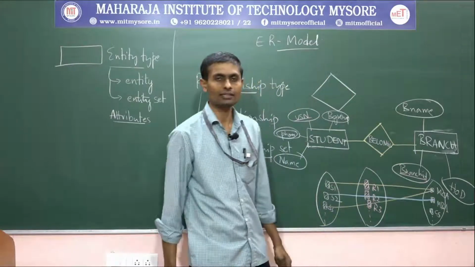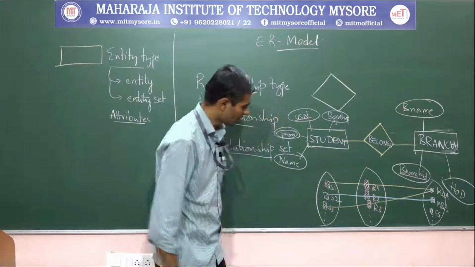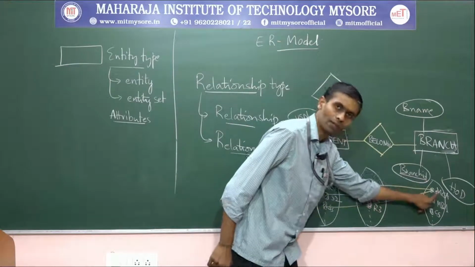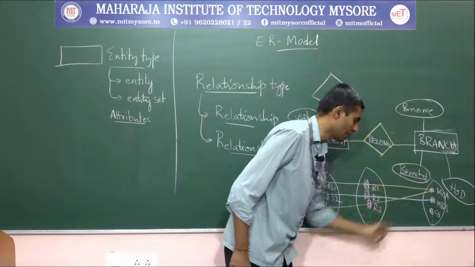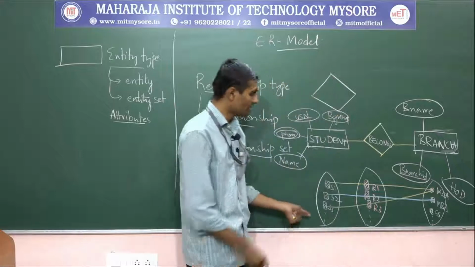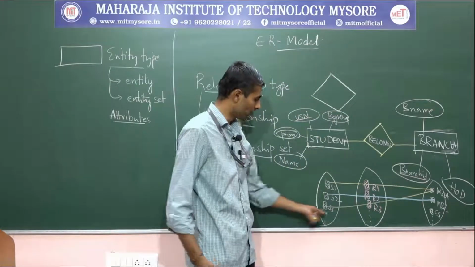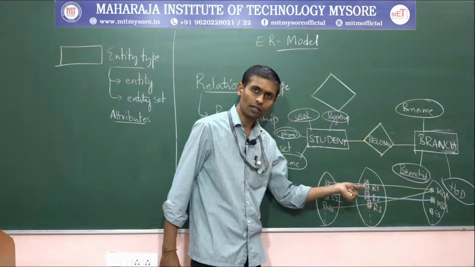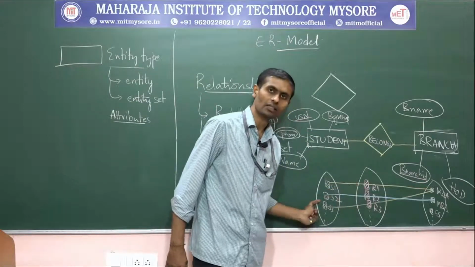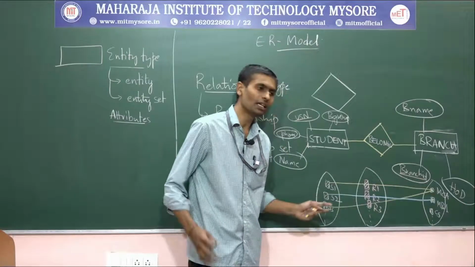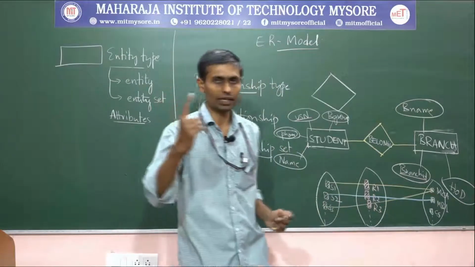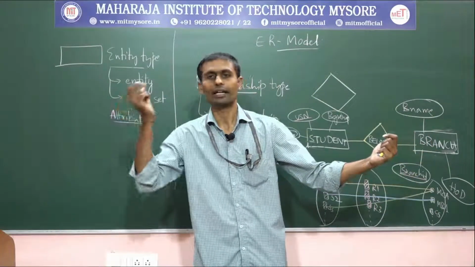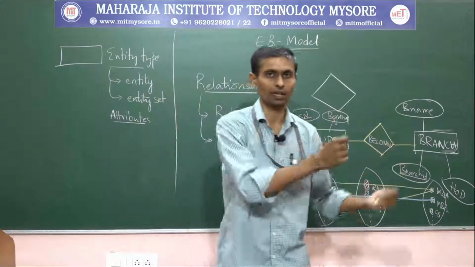Student belongs to branch. I said, as part of this, there are two instances connected with one department. Right? There could be a possibility that we might go on drawing a few more lines with a few more instances. And never does a student belong to more than one branch, but a branch can contain multiple students. One branch can contain what? Multiple students. But a student always belongs to only one branch.